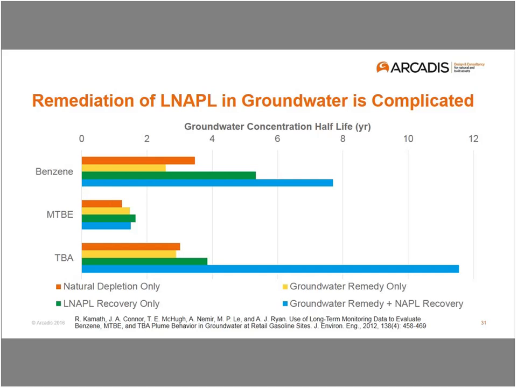So if you apply a groundwater remedy only, and that could be anything from air sparging to in situ chemical oxidation, there was no discrimination in this study. There was a little bit of improvement in the half-life for benzene, but no improvement in the half-life for MTBE and TBA. Interestingly, when you added LNAPL recovery, either on its own or in combination with a groundwater remedy, the half-life increased. So we're doing LNAPL recovery, and it's taking longer to clean up these sites,